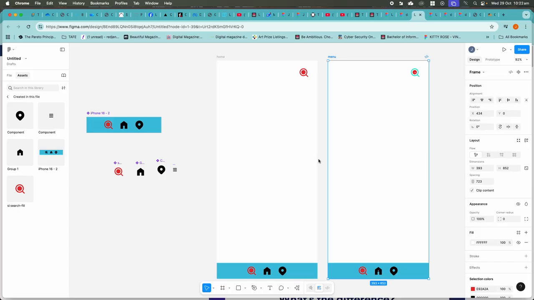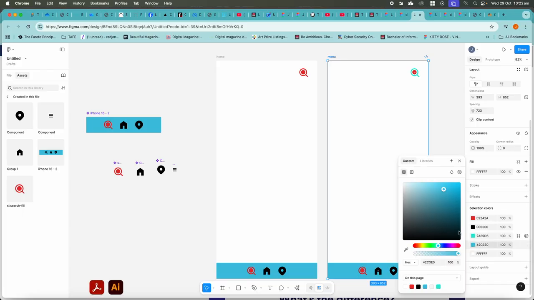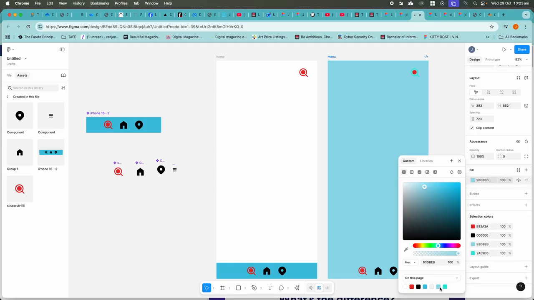Okay, now in terms of what you do to create navigation that actually works, it's very simple actually. Let me just put a colour. Now I'll put a background colour on that page, just so that you can see something happening. No, I've got to select it. My fill is white, so I'm going to put a nice soft